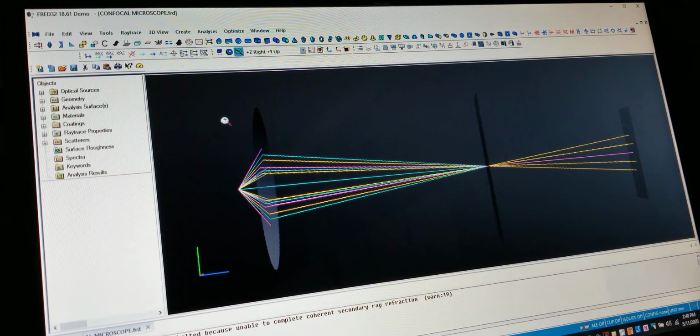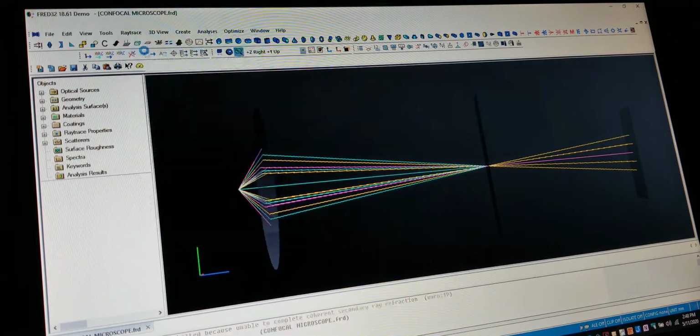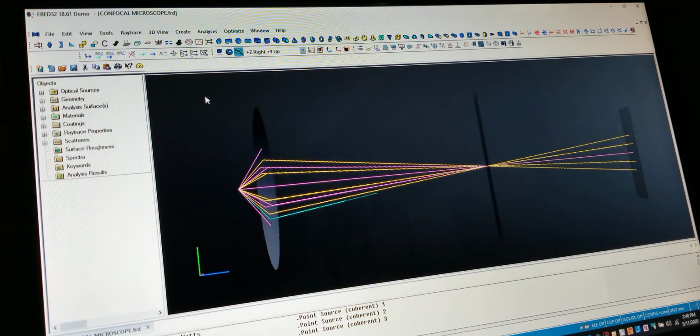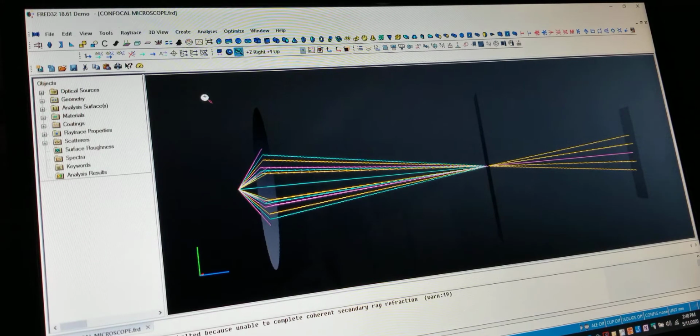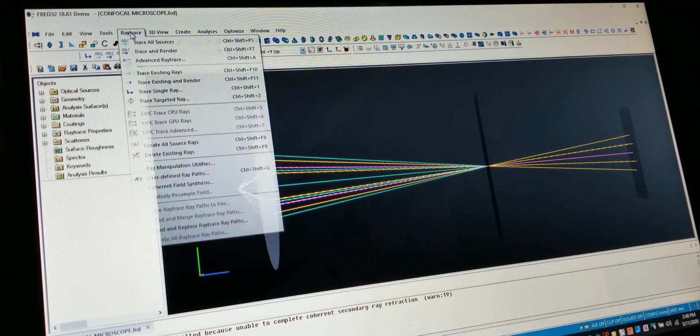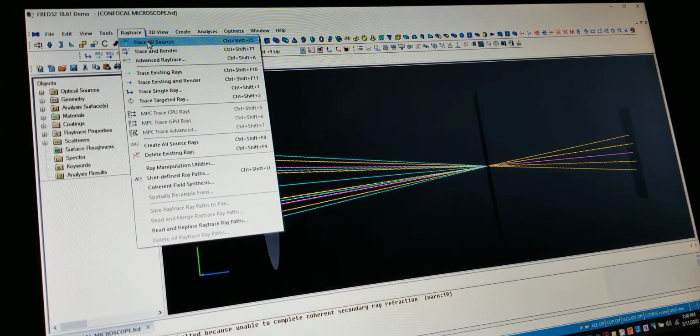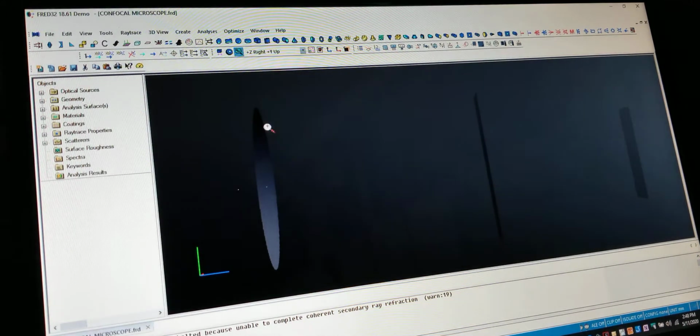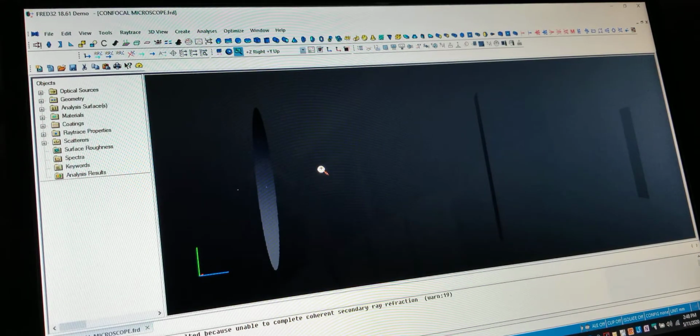The way you got the ray traces is you went up to Ray Trace and hit Trace and Render, and that's how you did that. If you want to get rid of them, you can do Ray Trace and then hit Trace All Sources. I don't know why that destroys it, but that's one way of getting rid of them if you don't want them for some reason. So what I wanted you to do